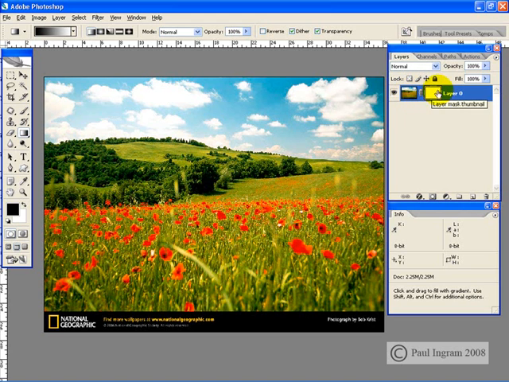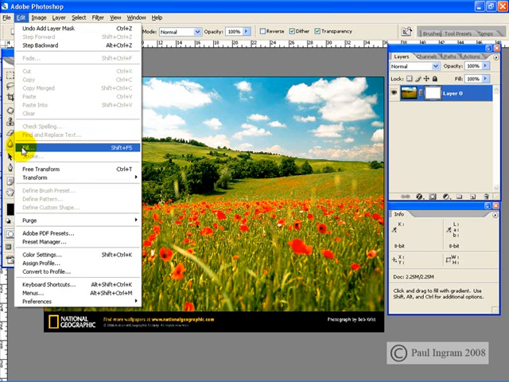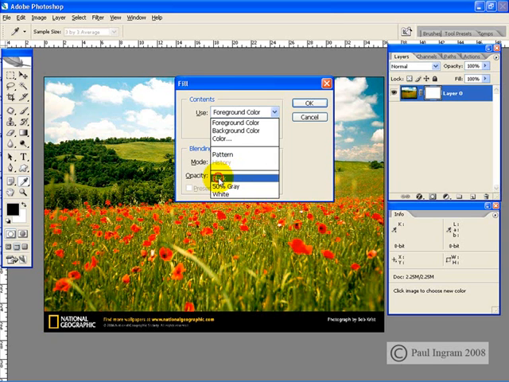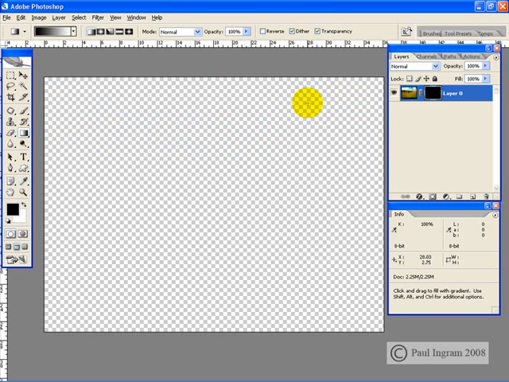If I were to choose to fill this layer mask with black, which I'll do now, and there are a few ways to do this, but to show you from the menu, Edit, Fill, and we could use the foreground colour, which at the moment here is my foreground colour swatch. We could do that, or if you're unsure, you can choose black from the menu and click OK. Now don't forget, white reveals and black conceals. So the black paint in the layer mask now is concealing or hiding all of the pixel data in this layer,